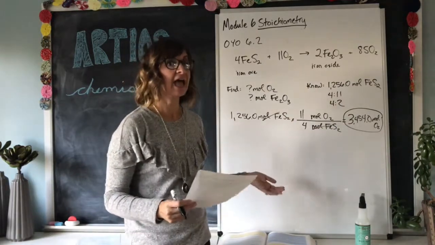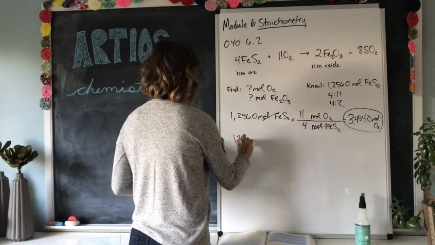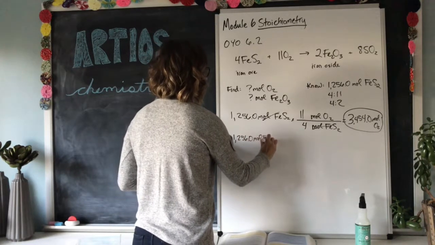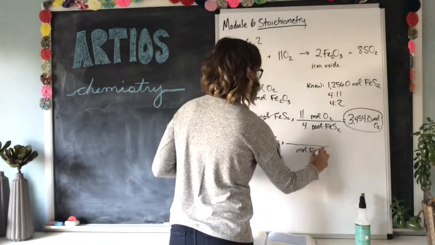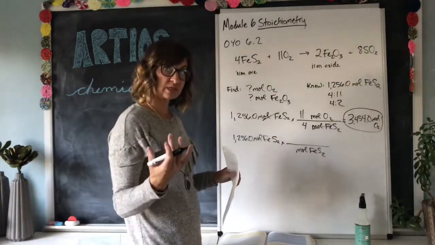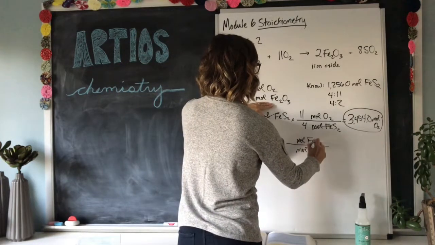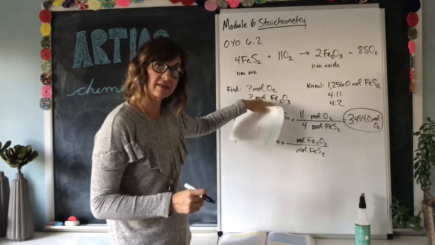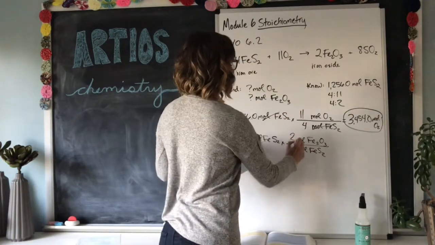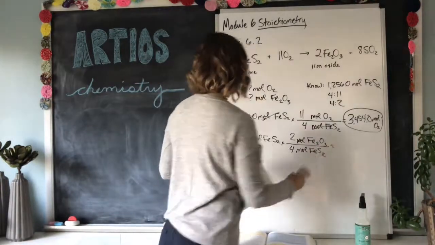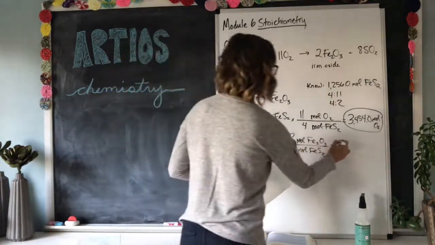Now we were also asked to calculate how much iron oxide would be produced. We do it in the same way. We start with 1,256.0 moles of FeS2, multiply it with moles of FeS2 on the bottom, and our new units, what we're looking for on the top, which is moles of Fe2O3. And then we plug in the proportion. There were 4 moles of FeS2 for every 2 moles produced of Fe2O3. So we would put this in, multiply 1,256 times 2 divided by 4, and the answer would be